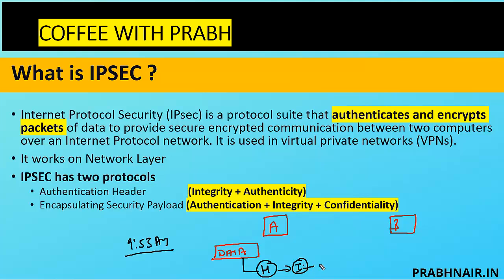And this integrity value is encrypted with my symmetric key. This integrity hash value is encrypted with my symmetric key and the AH header is attached to the data. Then A sends the data to B. When B receives the data,